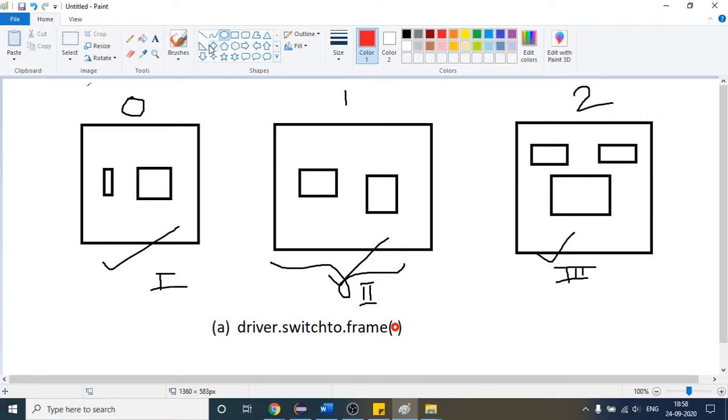This is our first frame. If I provide 0 here, it will select this first frame.